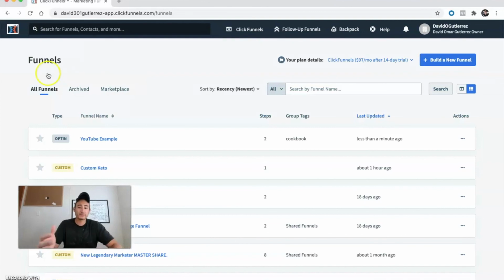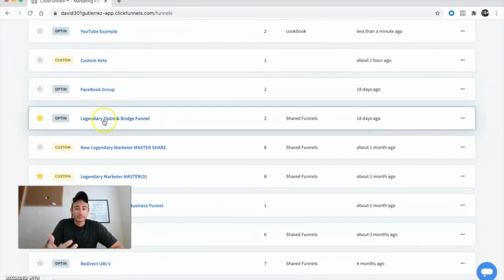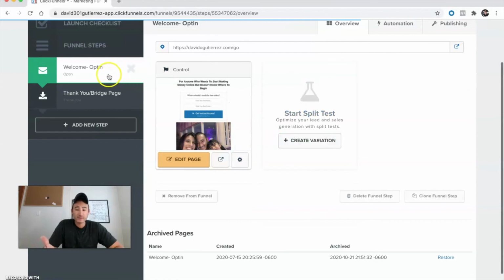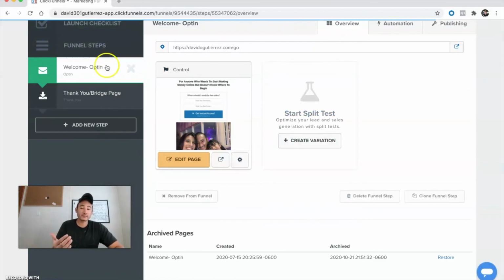Like I said, I like to keep it simple. That's what I like to do. So this is my funnel that I've actually created, one of them that I use. And you kind of see here that I'm using even today just a simple process. It's an opt-in and a thank you page. An opt-in page where you collect your emails for anyone who wants to start making money online but doesn't know where to start, right? The biggest thing is you want the customer to be curious about what comes up next. They do want to make money online, but you want to keep them curious and not give out everything at the beginning. So you want to collect their email, and then you go over to your thank you page,